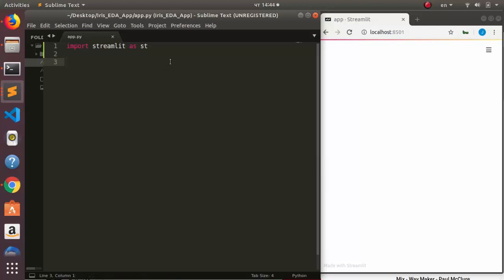Perfect. So welcome back. So in this session, we're trying to build our EDA app with Iris dataset as well as with our Streamlit, which is a very nice package. So let's see how to work with it. So we have our Streamlit, and we're going to import all the EDA packages that we need. So we need to import pandas as pd. Then you also need to import matplotlib.pyplot